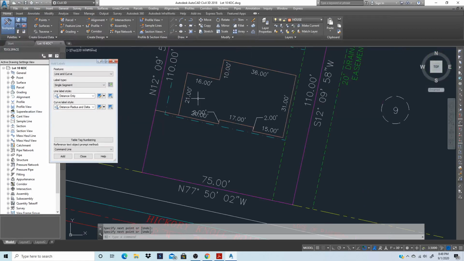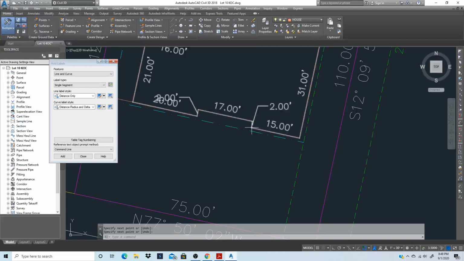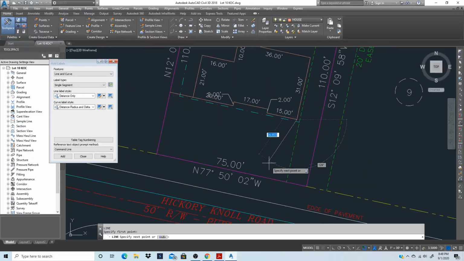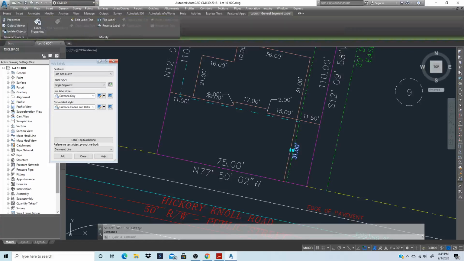And you wait till you see that perpendicular. And then I'm going to do one right in here. Well, I'm going to probably do all the way over here, that way I leave room in here to put the sewer laterals. Here, perpendicular. And then you want one from the corner of the house to this lot line, and perpendicular. Now, if I label those distance only, they should be the exact same distances. So I got 11.5, 11.5, and 31. I'm going to flip that 31, so I'm going to click it and flip it on top